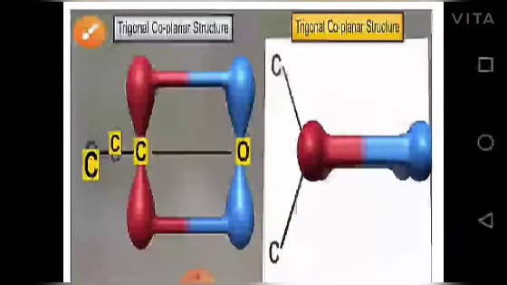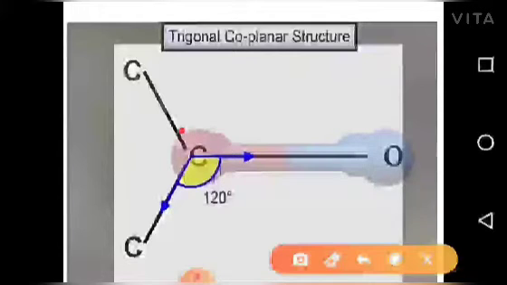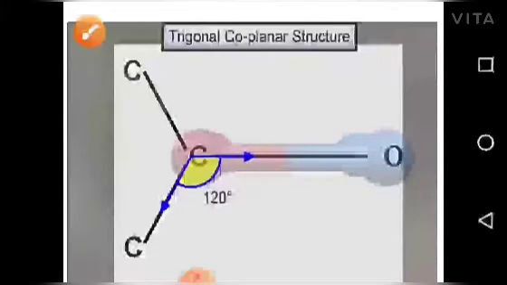Or you can see here in the ketone, 2 sigma bonds with the 2 sp3 orbitals of carbon of the alkyl groups. It will form 2 sigma bonds between the carbonyl carbon and 2 carbon atoms of the alkyl groups. Thus, the carbonyl carbon and the 3 atoms attached to it. Which 3 atoms? In formaldehyde, 2 hydrogen atoms; in other aldehydes, 1 hydrogen and an alkyl group; and in ketones, 2 alkyl groups. Those 3 atoms attached to it lie in the same plane.